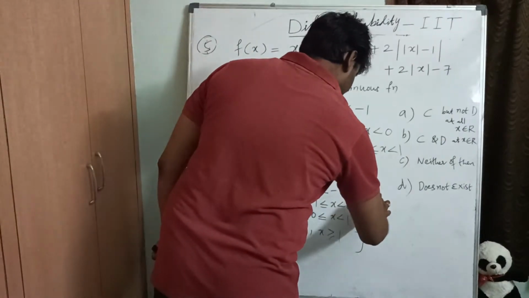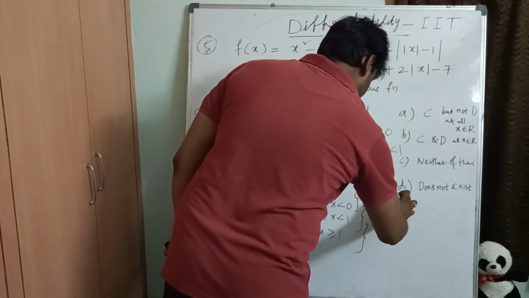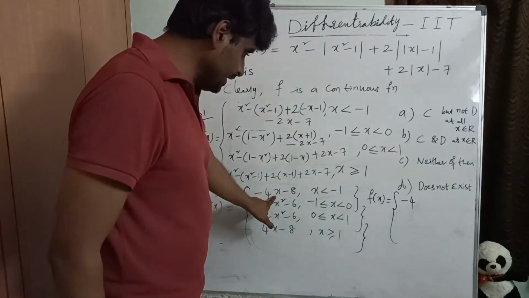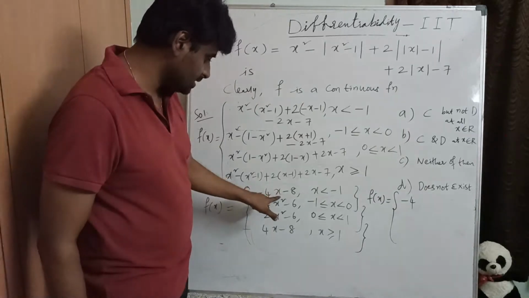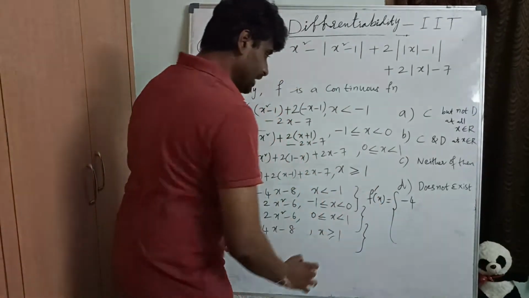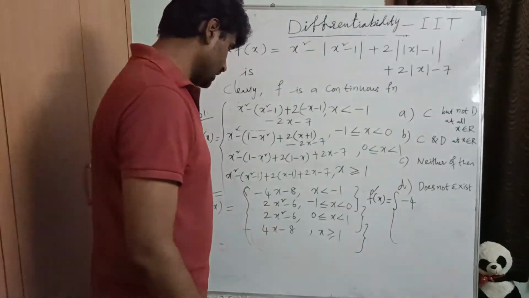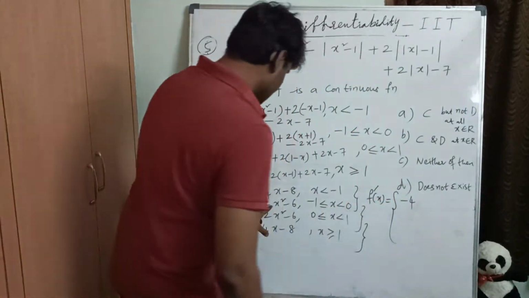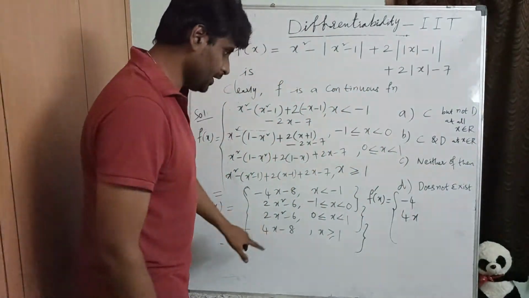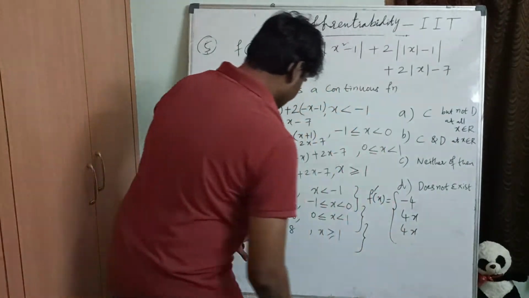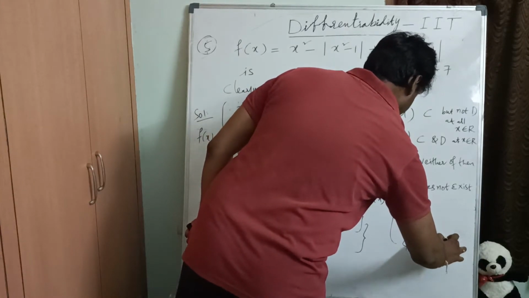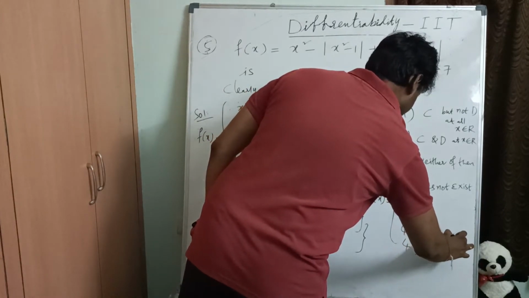See, I'm going to write f of x equals minus 4x minus 8, I'm differentiating and substituting -1 there. If you differentiate this, what will you get? Minus 4. I'm just going to differentiate, f dash of x. Now here also differentiate that one. So what will you get? 2 into 2x, 4x. Now differentiate this also, 4x. And differentiate this also, 4. Correct? So x greater than or equal to 1. Now 0 less than or equal to x less than 1.